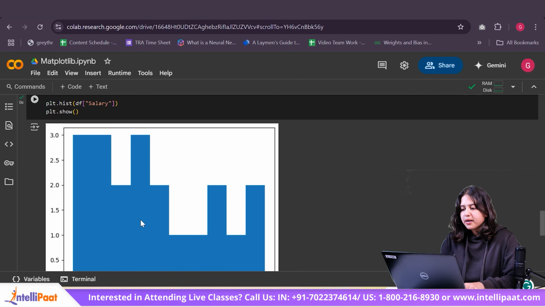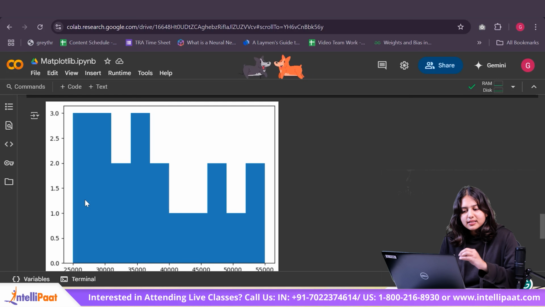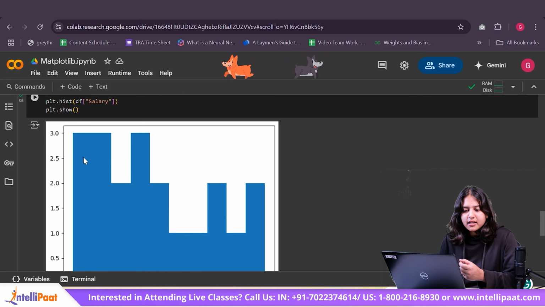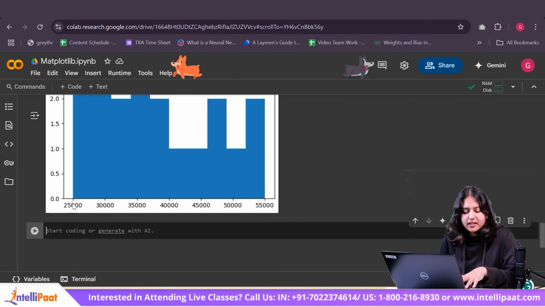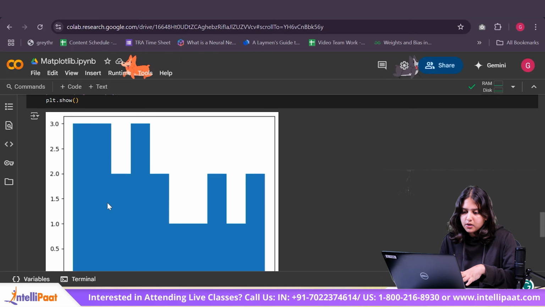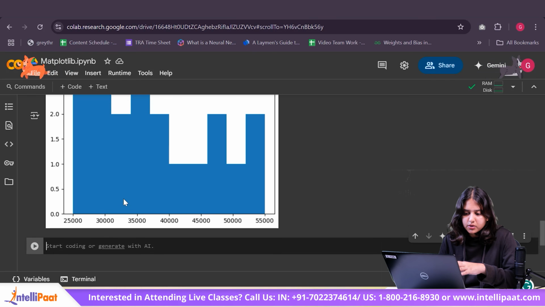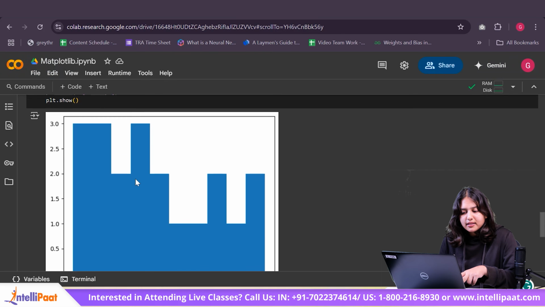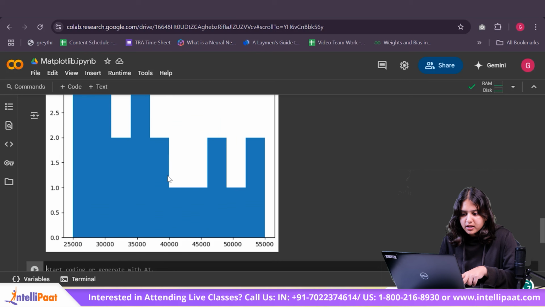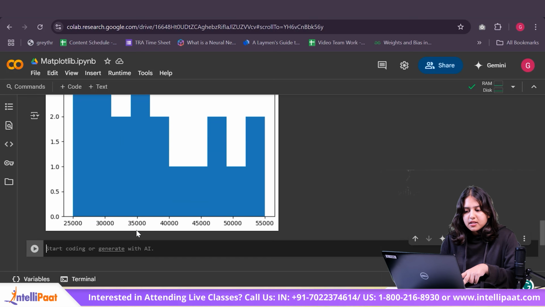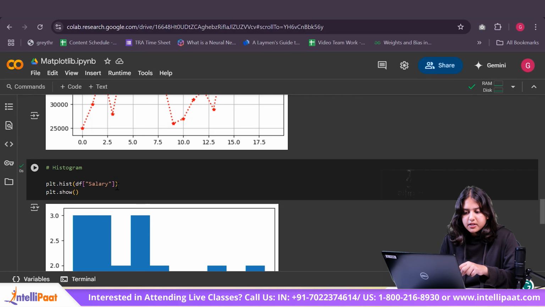Histogram basically tells us the frequency of our data distribution. So what this graph is telling us is that there are around 3 people that have the salary in the range 25,000 to 30,000. Then 2 people have the salary in the range 30,000 to 35,000. And there are 3 people again in the 35 to 40 range. So this is basically how our data is being distributed.